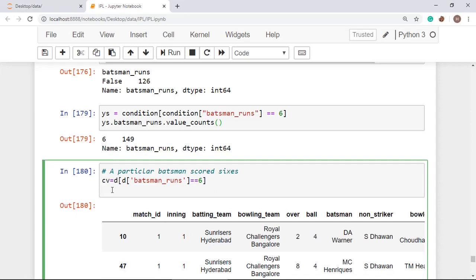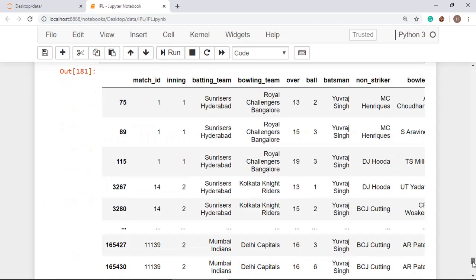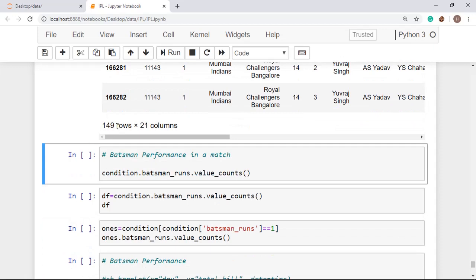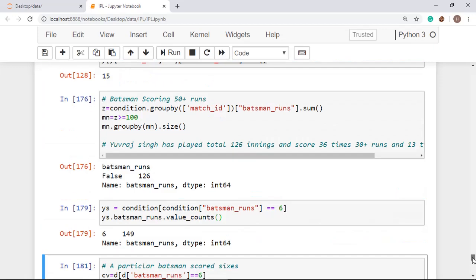All right, and here what you have to do? We want it for a particular batsman, so now we will apply CV dot. Here we are going to pass CV, and we are taking out CV, and here we will be providing the batsman, and I am taking batsman and passing the batsman name, like we want Yuvraj Singh, so I am passing Yuvraj Singh, and this will represent all those rows where the batsman is Yuvraj Singh, and you can see there are a total of 149 rows where the batsman is Yuvraj Singh. Now store it in a variable,